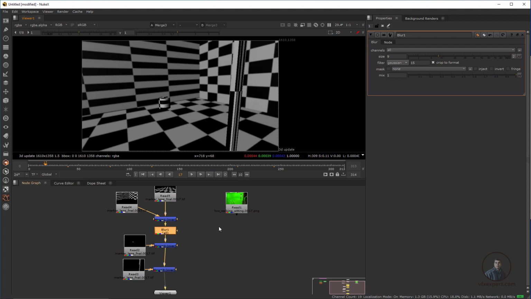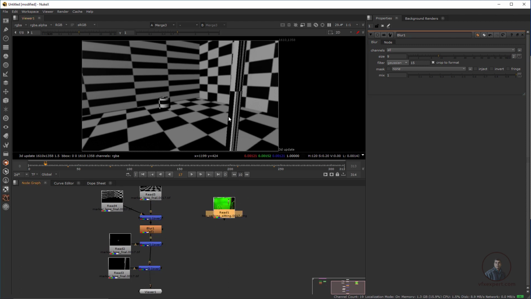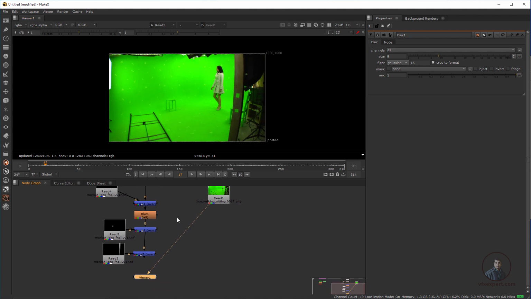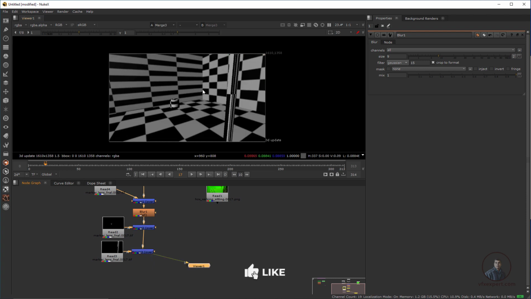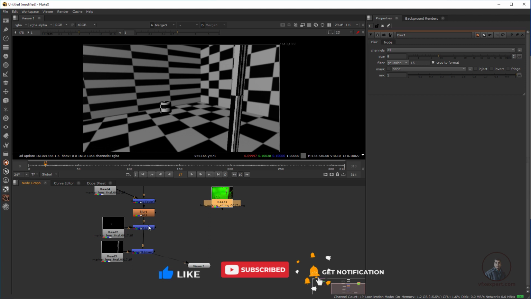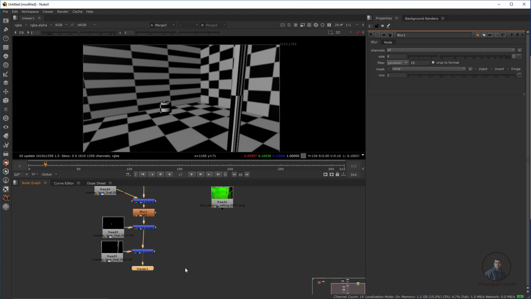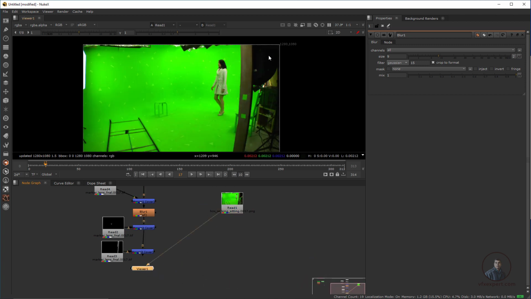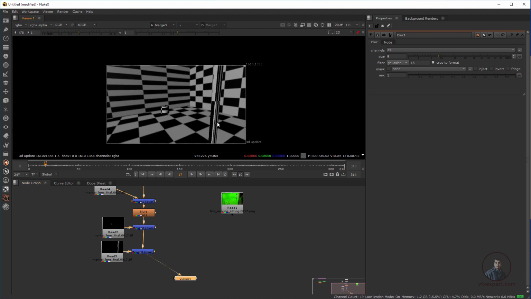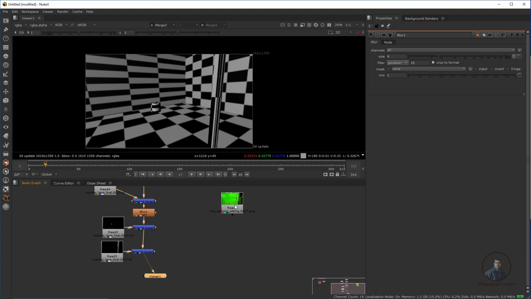Now if you look here, this is our original footage. This is actually our distorted original plate, and the scene which you have created or exported is undistorted. So how can we combine all these things? Finally we have to apply this distortion on top of our final composition. So this is important. First we have to redistort our final scene, then we have to compose this scene. This will be our final output.